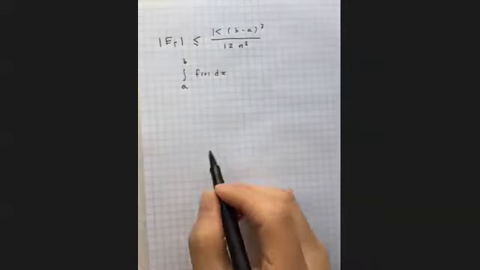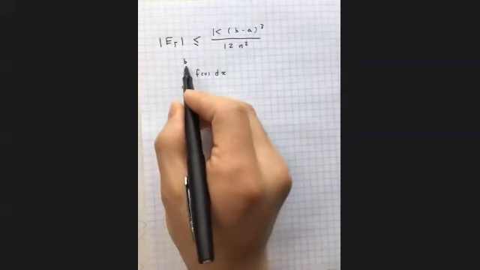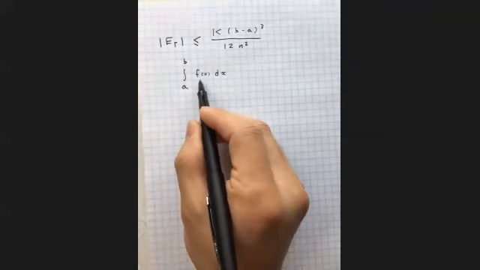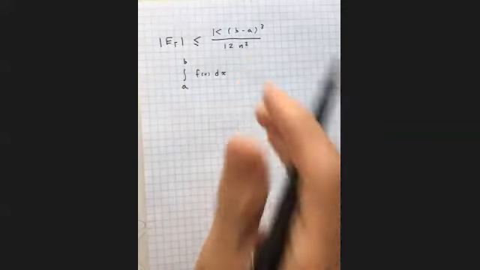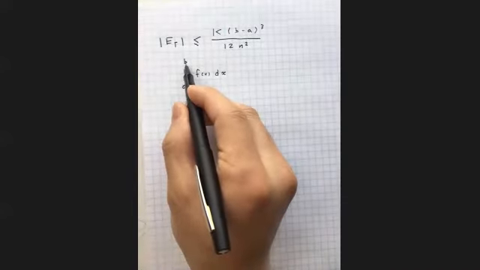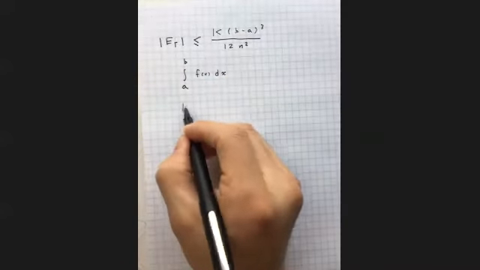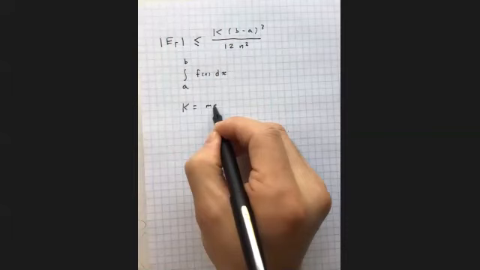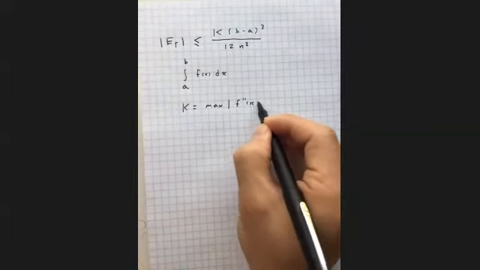We are trying to find an approximation of the following integral. A is the lower bound, b is the upper bound, f(x) is the integrand, and n is the number of smaller pieces we are dividing the interval from a to b into. K is the maximum value of the absolute value of the second derivative of f(x)